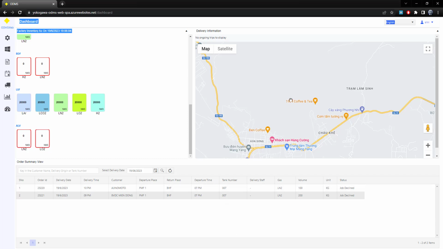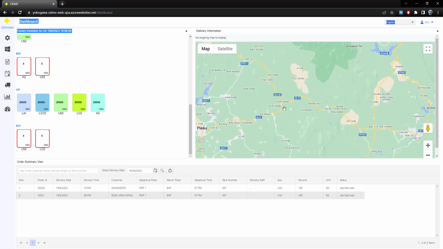And on the right side we can see a map. This map will show the real-time location of the truck when the trip is started. The third one is the order summary module, where we can see today's delivery orders. Today is the 19th, so we have only 2 orders here. Tomorrow we have the 20th orders. Okay, so I go back to